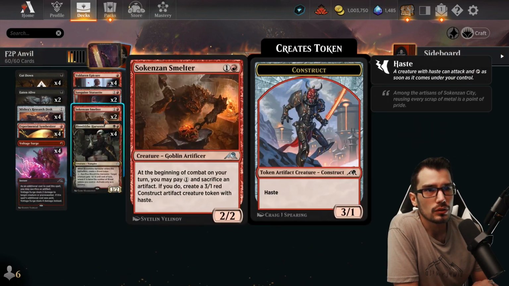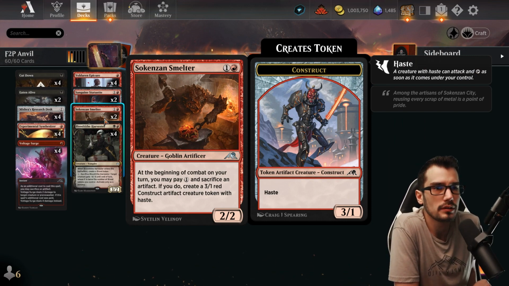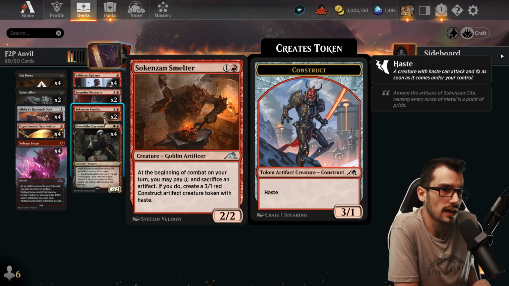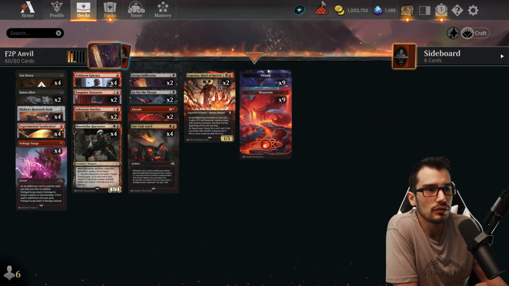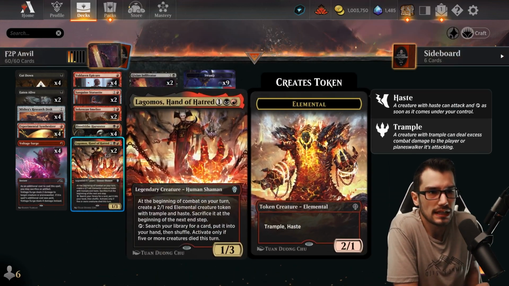More creatures, including the Smelter for 2. It's a 2/2, and at the beginning of combat on your turn, you may pay 1, sacrifice an artifact. If you do, create a 3/1 construct artifact with haste. Beautiful. And then finally, the Hand of Hatred for 3, a 1/3, and at the beginning of combat on your